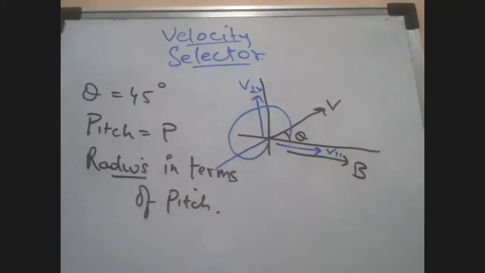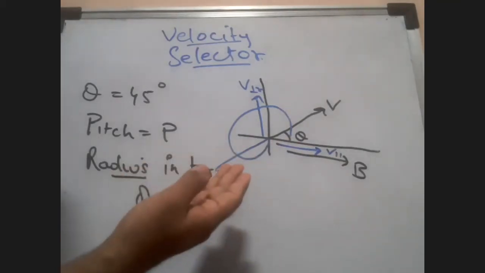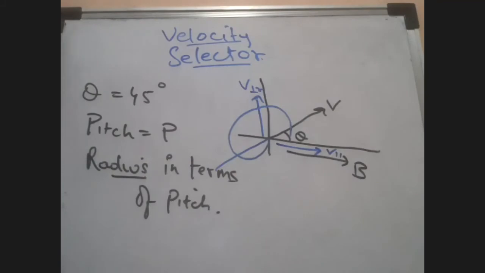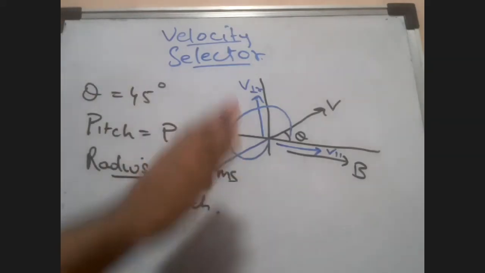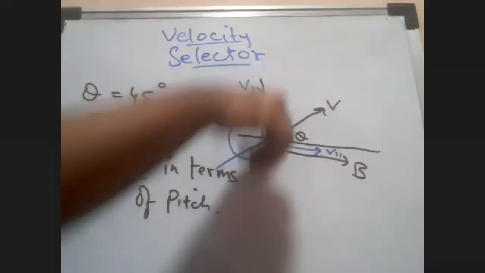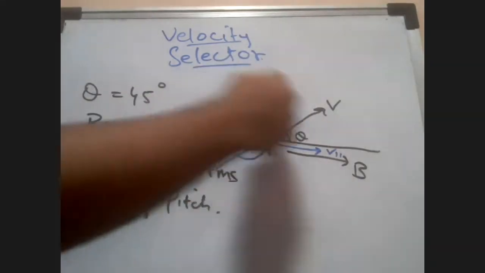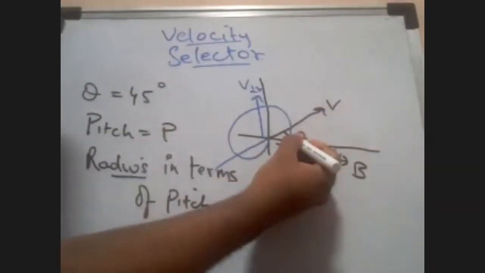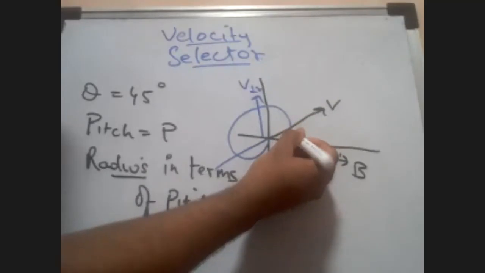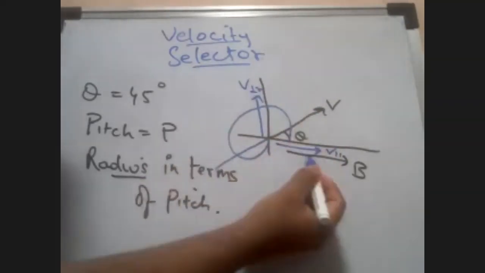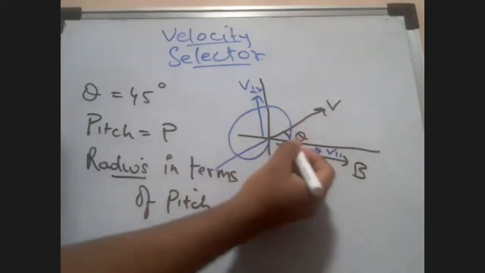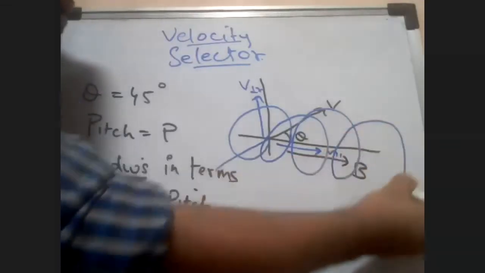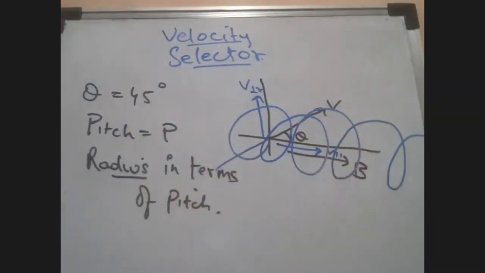Of course, before you make the circle, first see in which direction the circle is going. Okay, so v cross B, you can see the force is inside, students. So force is inside, so we'll have a velocity vector going inside. The helix will be going inside, not outside like this. So at that point we know it is going to be a circle here, but v parallel will cause this circle to move forward. So that way it will create a helix. This is what we are going to get, students. This is the first thing you should know. Draw the diagram first.